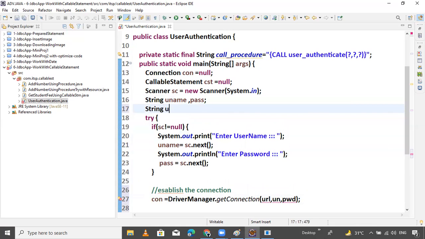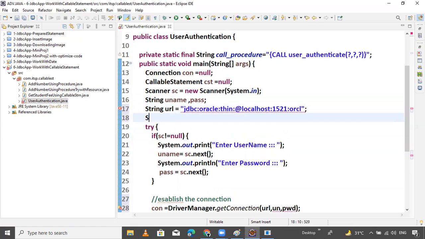String url equals to jdbc:oracle:thin:@localhost:1521:orcl. That's it.